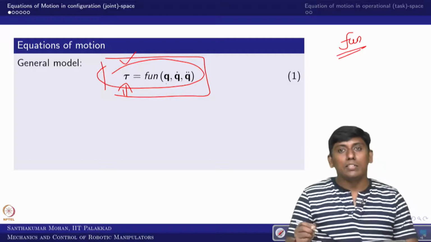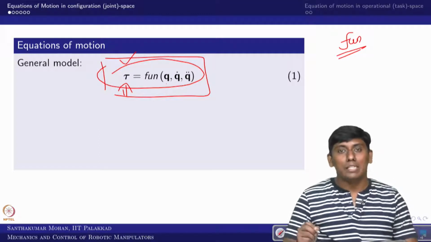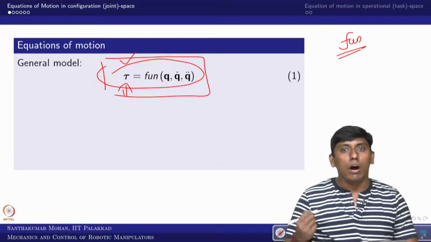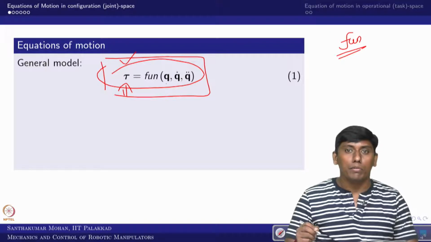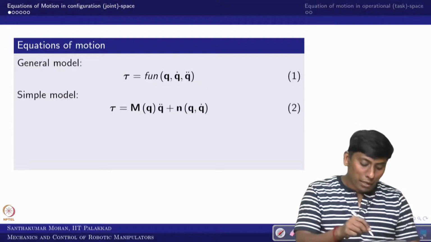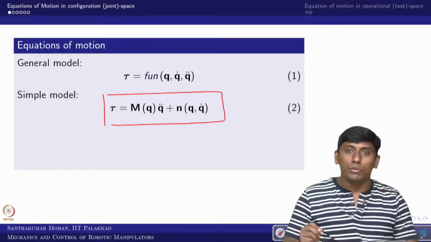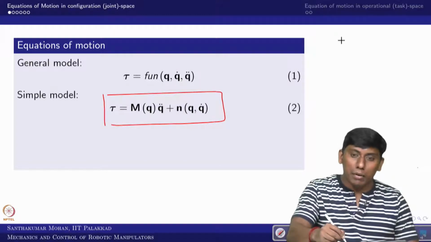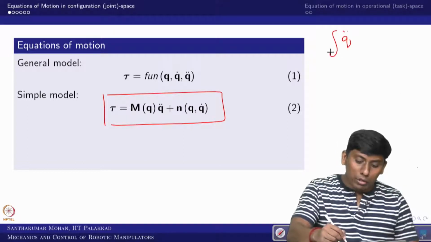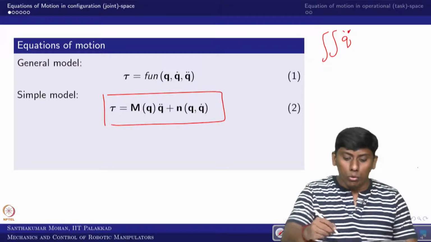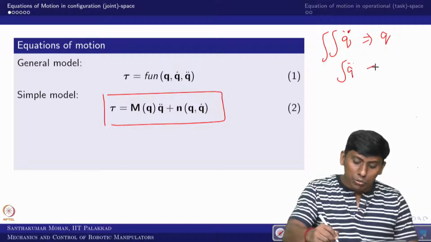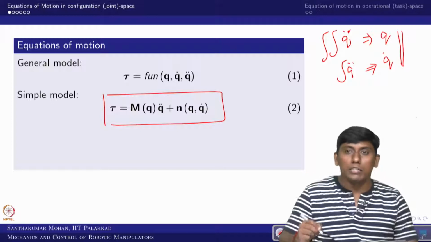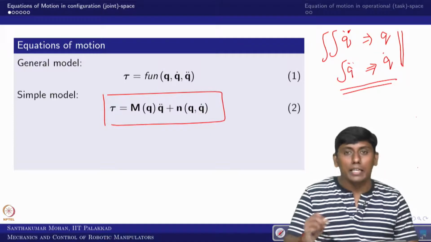But this can be made suitable from a numerical integration point of view, or, the other way around, from a forward dynamics point of view, and we can rewrite this equation in this manner. For integration, if you integrate q double dot twice you will get q, and if you integrate a single time you will get q dot. So these are the two state variables, which you can obtain by integrating.